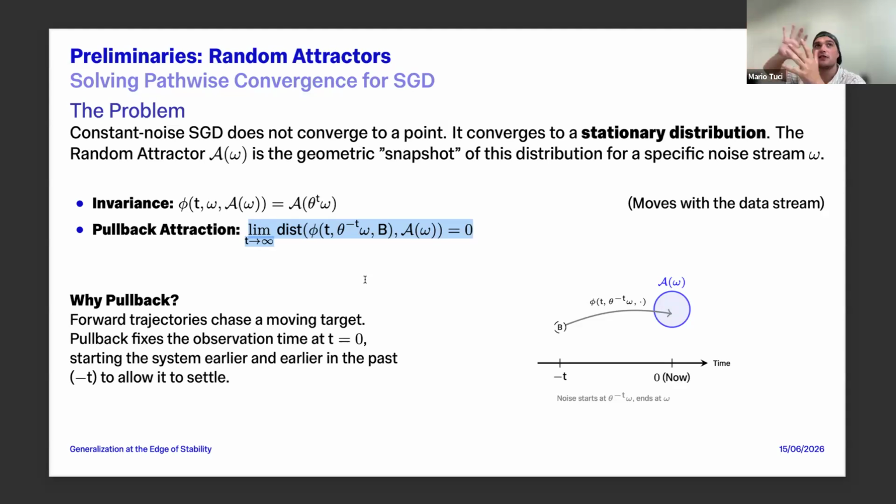So our set doesn't stay stable, it's dependent on the randomness. And to account for that, we basically go back in time and take the attractor in a pullback sense. Also here, when you have later questions about it, please let me know. But it's just a formal definition of how I define a random attractor.